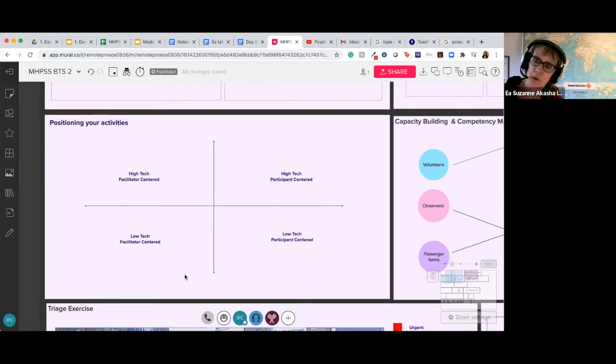And we're going further. Do you want to say more? Yeah, I just wanted to add one single point, which is in terms of the time frame as well. If you're doing a one-day training, definitely place it somewhere which is more low tech, because you do not want to take the entire time teaching people technology and how to use it. So you do want to parse it out in terms of how many days I have to do this training, and what kind of training we're going to do, because we also have to add the technical knowledge. A lot of them have to acquire that, and you need to be able to practice that. So you might want to even add in that piece.